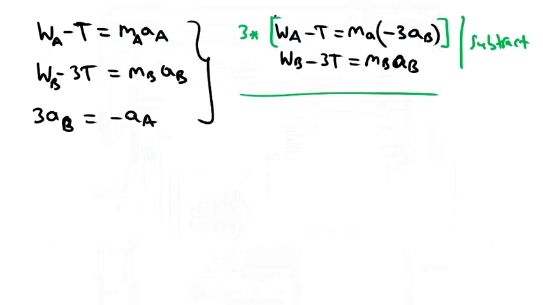Okay, so let's finish the problem. So we have this very simple equation. So we need to subtract. Let me do that here. So that will be 3 times WA minus 3 times T minus WB plus 3 times T. That will be equal to, and then 3 times 3, that will be negative 9